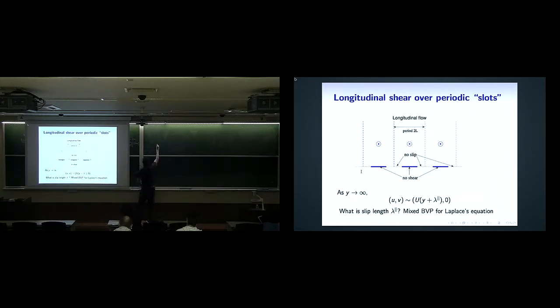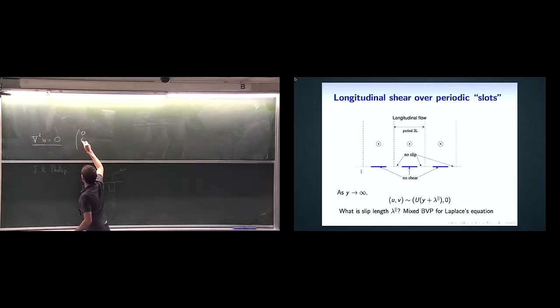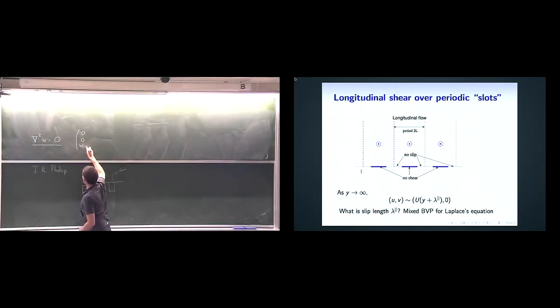If you want to solve this one, and by the way, there's no pressure gradient. So you remember I showed you this. You have to solve this problem for the velocity field into the board. If there's no pressure gradient, I think in my notes I have P. But if there's no pressure gradient, that's not there, and you're solving for a harmonic W, and so you can introduce what I called H,